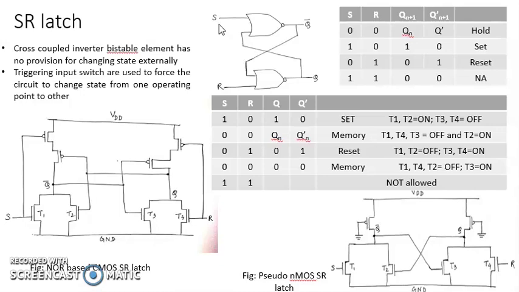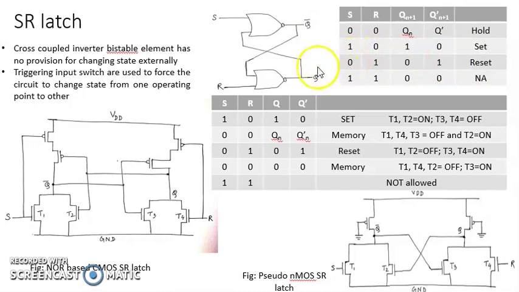If S is made equal to 1 and R is equal to 0, since a NOR gate with 1 at one of its inputs produces 0 at the output, this will become 0, and 0 is connected here. R is also equal to 0, so Q equals 1. This condition, when S is equal to 1 and R is equal to 0, results in the output of the latch as Q equal to 1 and Q bar equal to 0, and is called the set condition. Similarly, if we make S equal to 0 and R equal to 1, from a simple analysis you can see that Q will become equal to 0 and Q bar will become equal to 1, and this condition is called the reset condition.